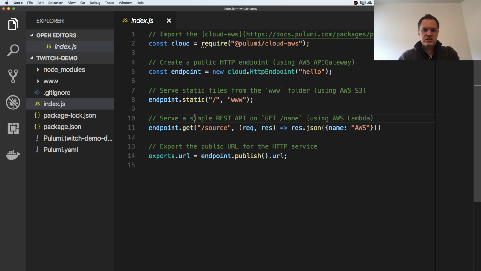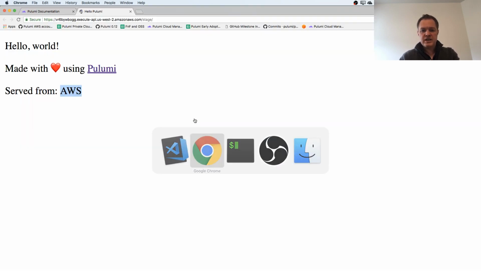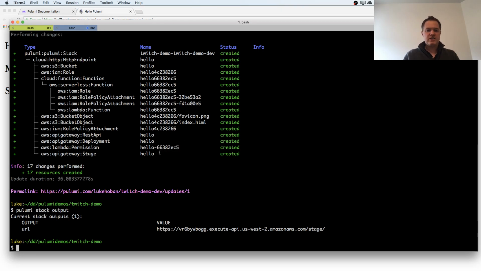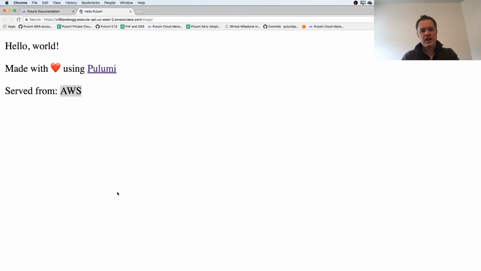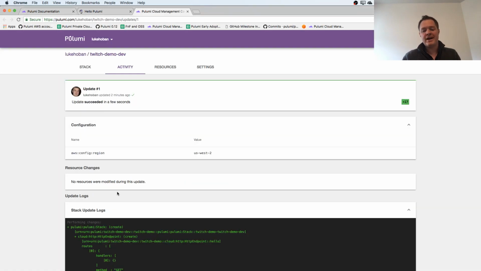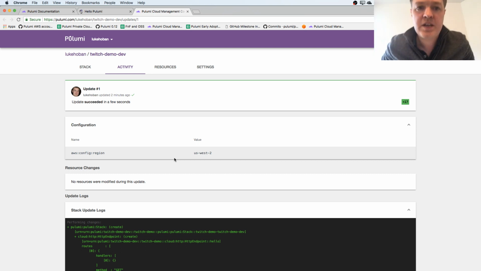So I'll go a lot more into the details of how this particular example works in a second. There's two more things I want to quickly highlight here. One, you see we've got this permalink here. When I deploy things using Pulumi, as well as deploying some resources into your target cloud provider, in this case AWS, we're also going to keep track of the resources you created in the Pulumi backend service. And this ensures that after you do multiple deployments, you can see what the state of the deployment is after each one of those. And then we can track how your cloud infrastructure has evolved,